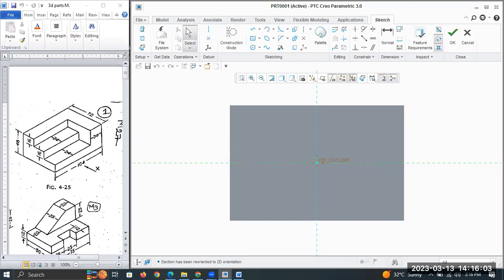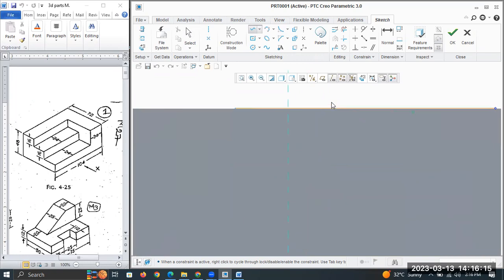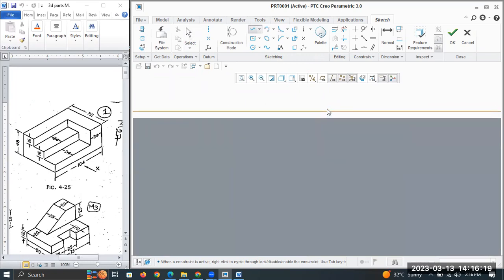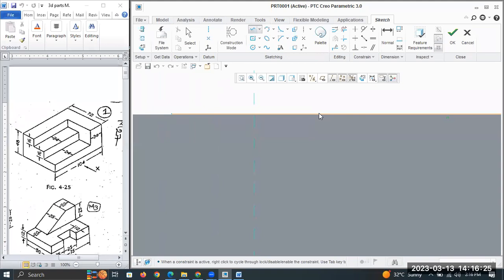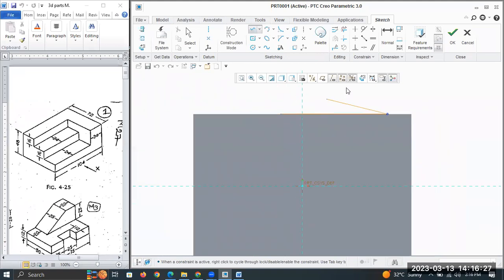Is that clear? So we are going to drop this L profile here. If I am drawing a line here, my intention is to draw a line exactly on this edge of this model. It seems like you have drawn a line exactly on the edge, but if you zoom in, there is a gap. So in order to avoid that, what we can do is